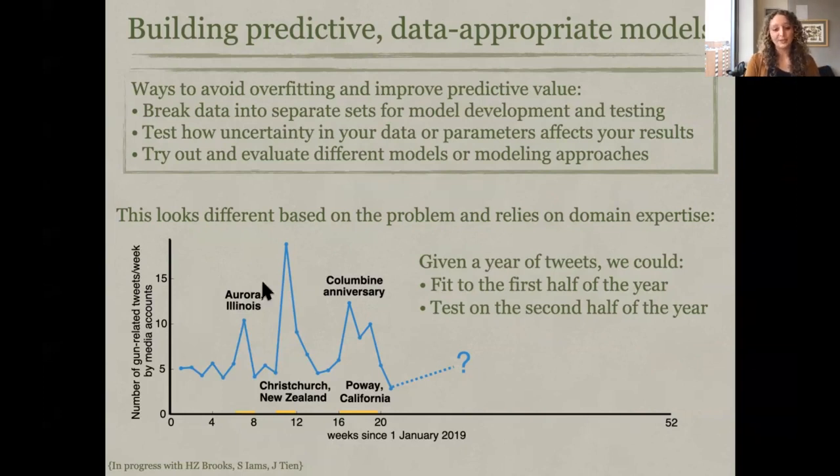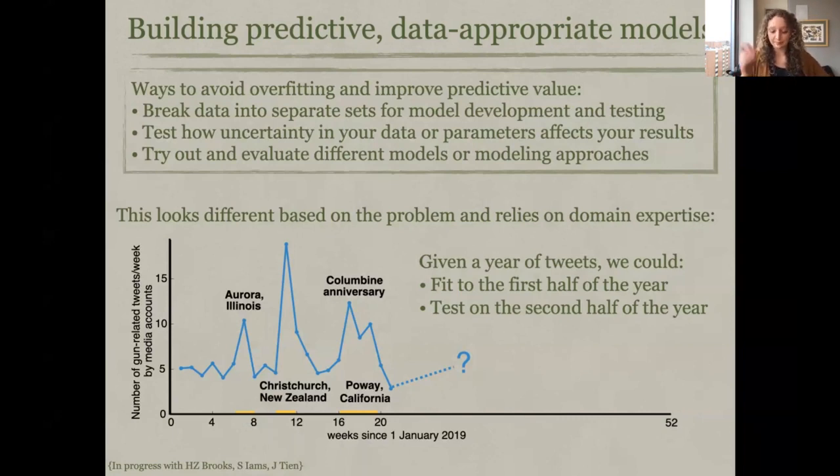But to give one example, this is what Heather and Joe and Sarah Eames and I are thinking about doing for this Twitter data set. We have this set of tweets related to mass shootings over the course of a year. Our general plan is that we are going to build a model based on the first half of the data. We're locking the second half of the year in a lockbox, not looking at it. Then we will test our model on the second half of the year and see whether it's good or not. At that point, we'll probably have to redefine what we mean by mass shootings and try it again and see if it depends heavily on our definition of mass shooting.